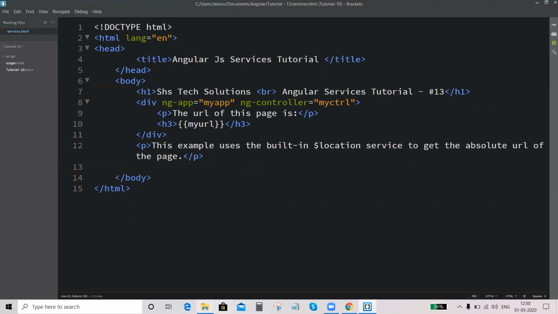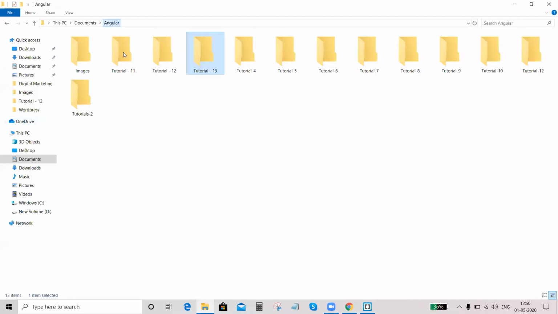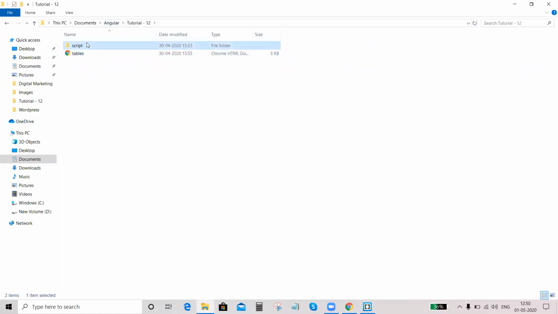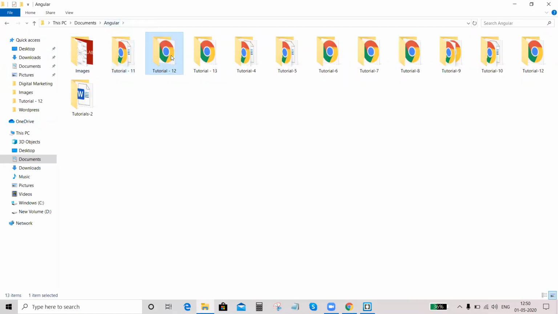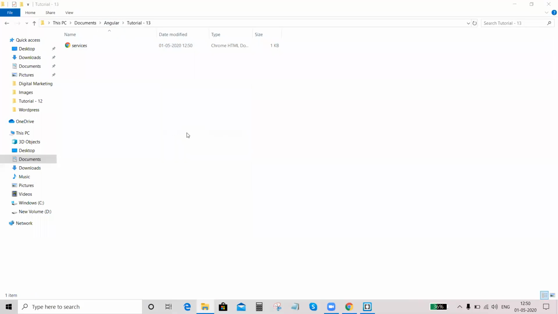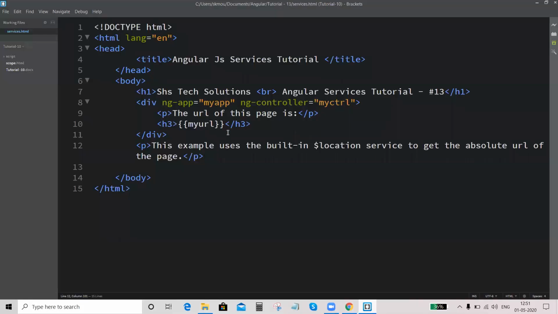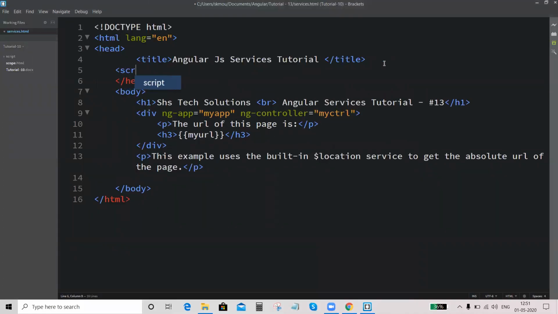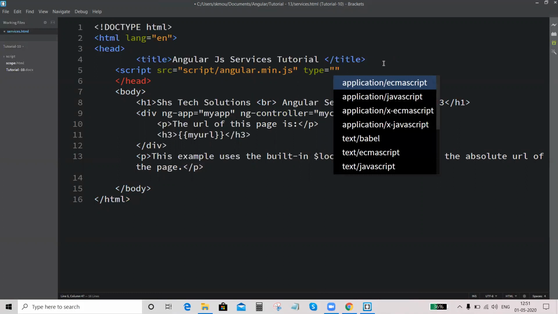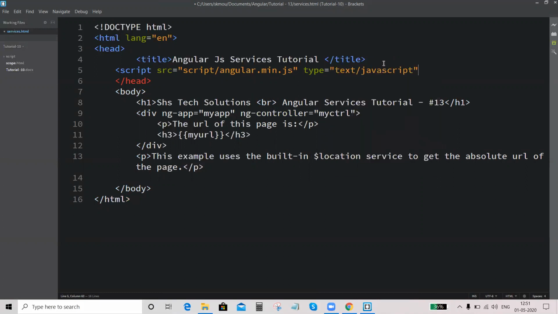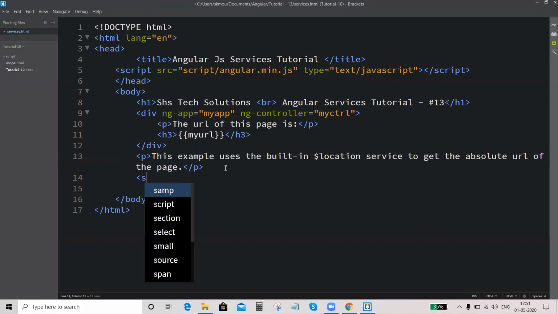Before writing the script, I call the Angular script file. Script source from script folder, angular.min.js. Extra JavaScript. Okay. Next, here I am writing the script.